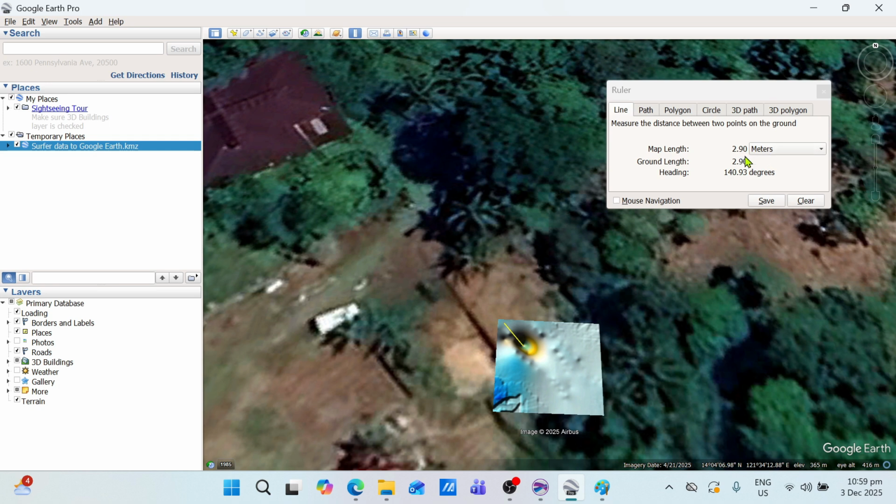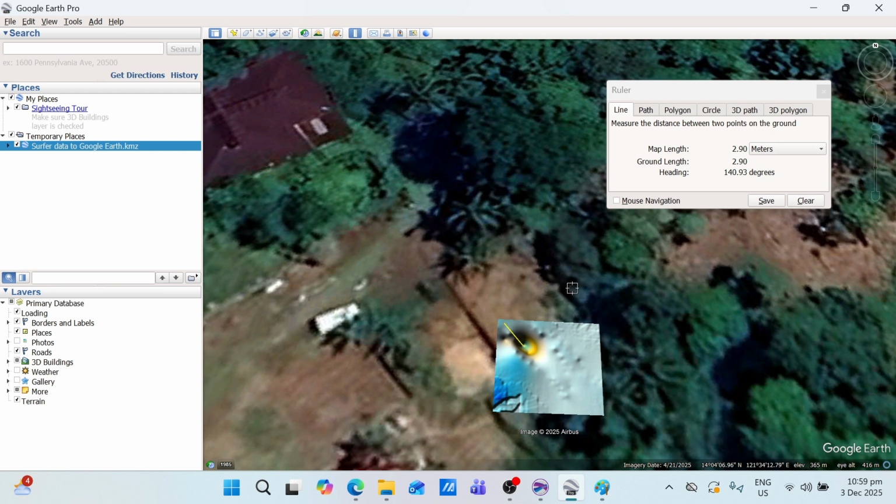And since I'm using smartphone internal GPS, and the GPS accuracy is 2 meters to 15 meters, so using a smartphone, we have an accuracy of 2.9 meters.